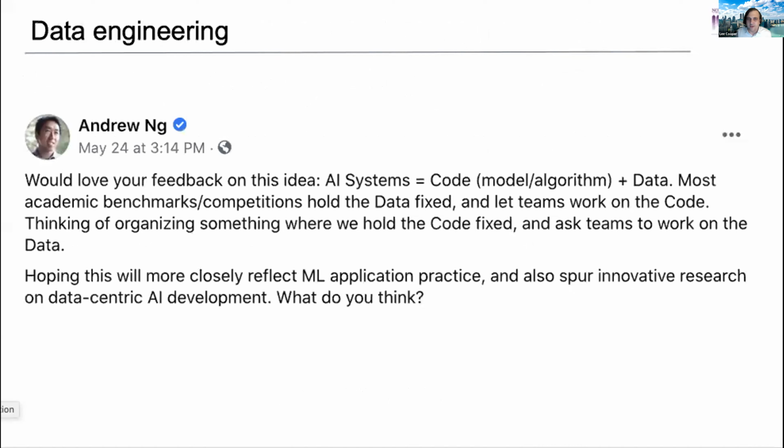So this is a post from Andrew Ng recently that I was really glad to see. I think it illustrates our idea about how this research should go. He's talking about how can we develop new challenges that focus more on data than on code. And I think it's great to see someone with that stature advocate for this. The idea was to have a challenge where the code is fixed and you focus on engineering the data, right? And so when we're talking about this dense mapping approach, it's really about engineering the data and how do we create the data and make it high quality.